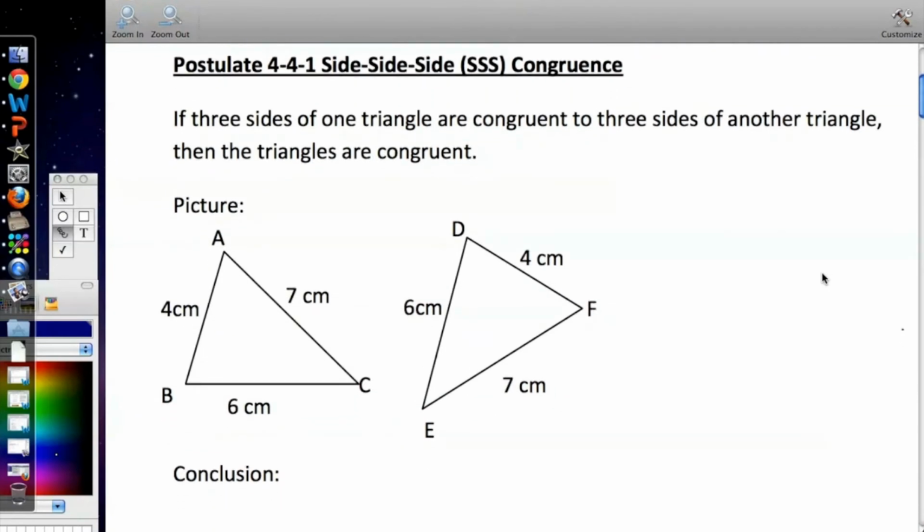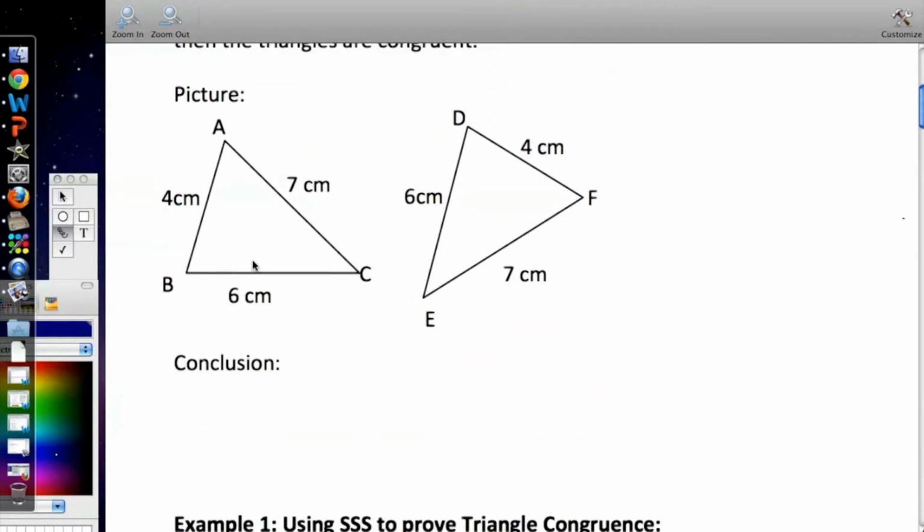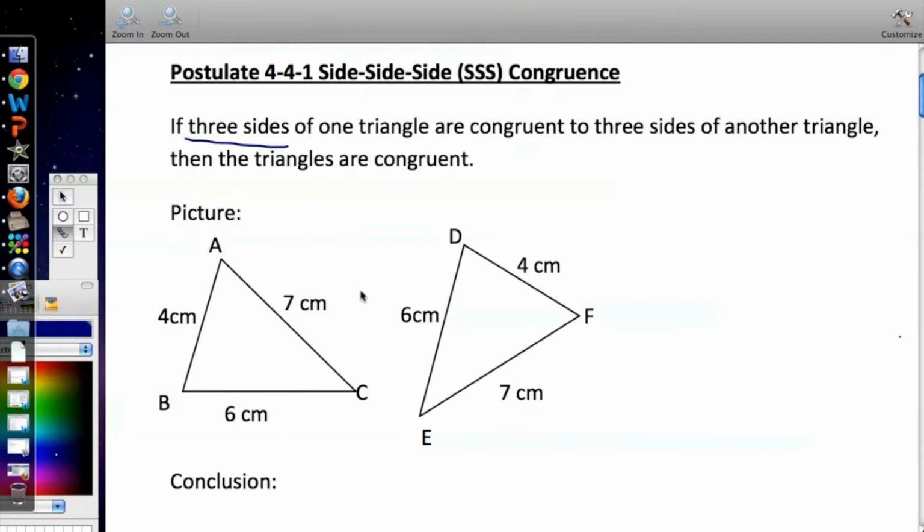side congruence postulate. It says if 3 sides, so all the sides of one triangle, are congruent to 3 sides of another triangle, then the triangles are congruent. So what we can say is, when we look at this picture, we have 7 and 7, 6 and 6, and 4 and 4. Well, that means that we have 4 is congruent to 4, 7 is congruent to 7, and 6 is congruent to 6. The conclusion that we can draw is that triangle ABC is congruent to triangle